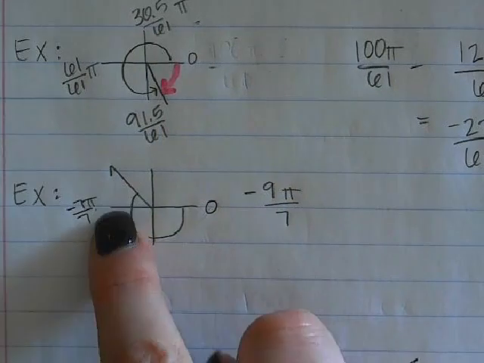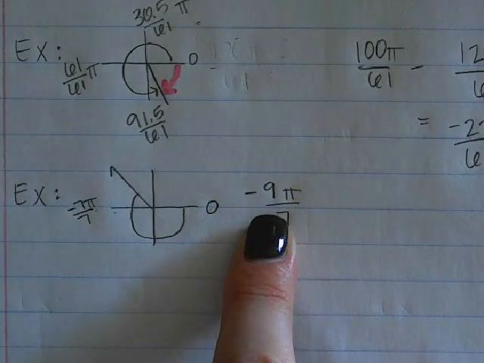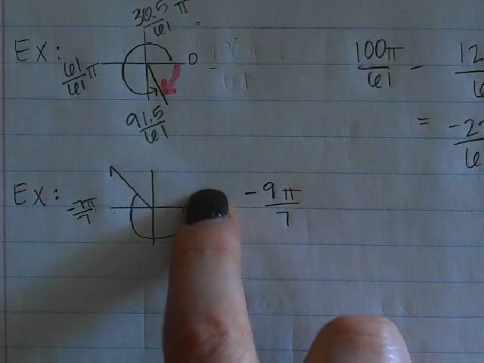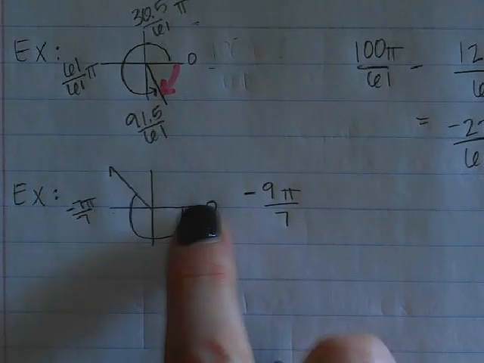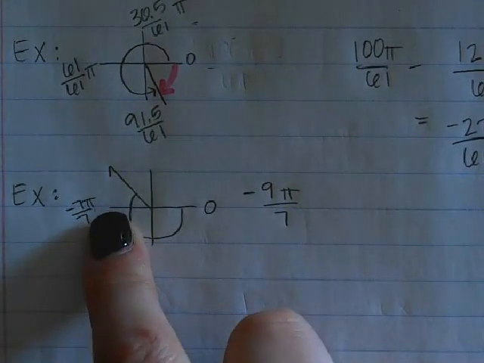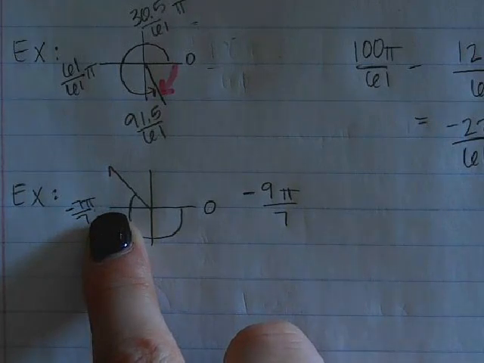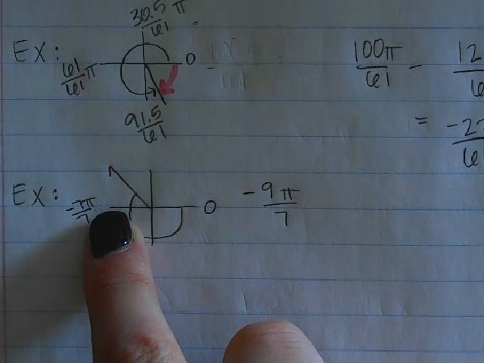Because we're going backwards. I said we were drawing a negative 9 sevenths. So instead of going up and going positive 7 sevenths, we went backwards and did negative 7 sevenths. We're just drawing it backwards. And so at the top is